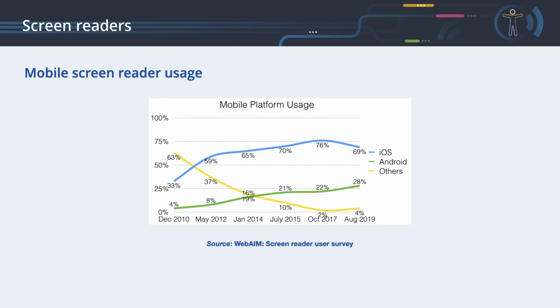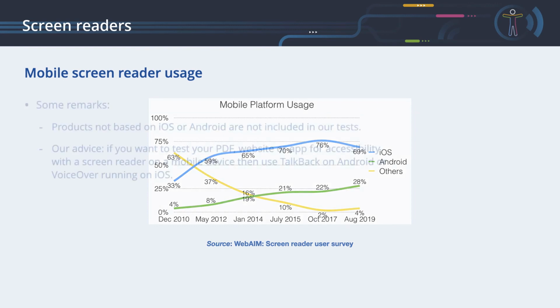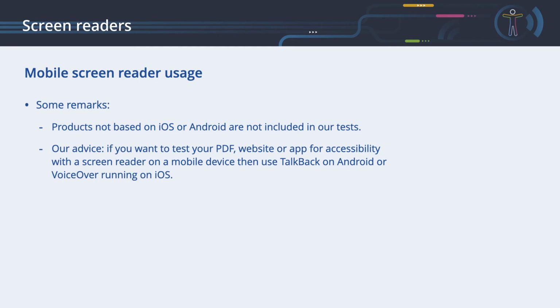The majority of this target group uses an iOS-based device. Products not based on iOS or Android are not included in our tests. Our advice: if you want to test your PDF, website, or app for accessibility with a screen reader on a mobile device, then use TalkBack on Android or VoiceOver running on iOS.